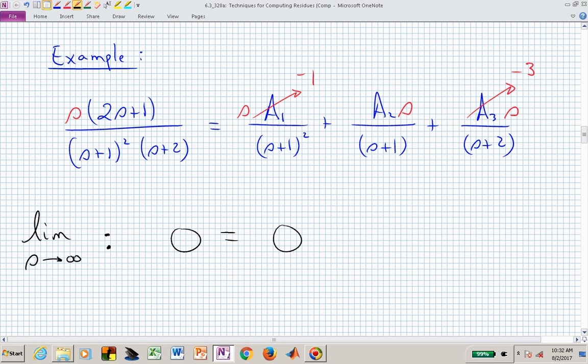The middle term is now a sub 2 s over s. As s goes to infinity, s is marching off to infinity at the same rate in the numerator as the denominator. Those s's then cancel each other out, and we're left with a sub 2. And then on the right, we have minus 3s over s in terms of the leading powers, or the highest powers of s. Those s's are marching off at the same rate, so we're left with minus 3 in that last term. This now allows us to conclude that a sub 2 is equal to 3,